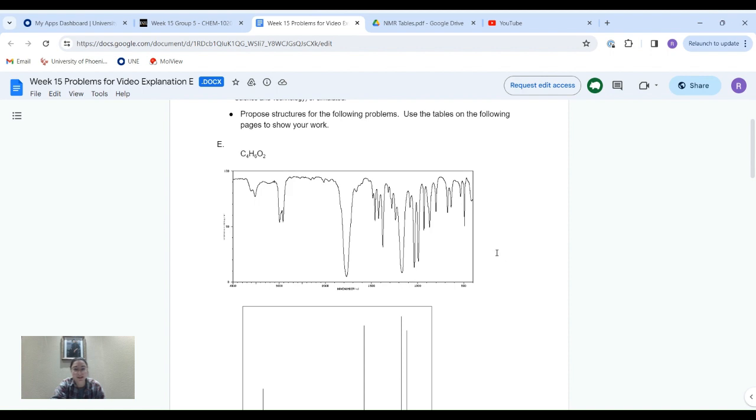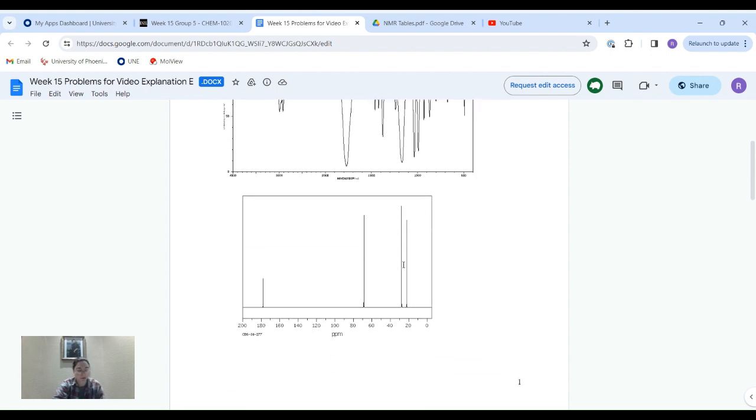Below 1,000, we see the fingerprint region. We don't really pay a ton of attention to that. We're seeing just a couple of other peaks in here. Most of that is just, we're looking mainly at this carbon-oxygen bond here. All right, so moving on to this